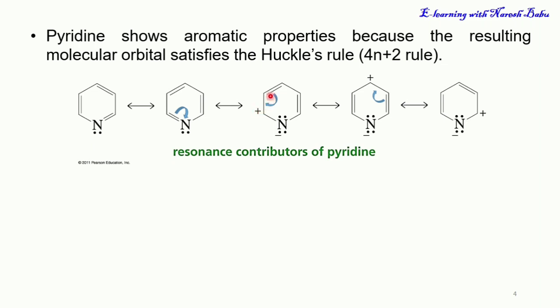To remove this positive charge, these electrons are moving to here, forming a double bond. This charge is shifted to this position. So see here, to overcome this positive charge, the 2 electrons present in this pi bond shifted to this position. A pi bond is going to form here, and the positive charge is shifting to this position. And again, to overcome this positive charge, these 2 electrons are forming a bond here, and the charge is going to be nullified. Again, it is going to give the first structure. So these are the resonance contributors of pyridine that we can observe.